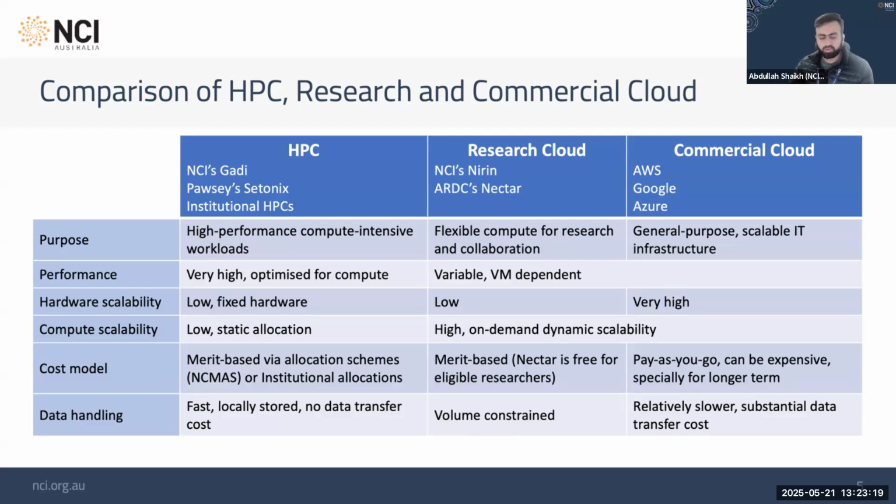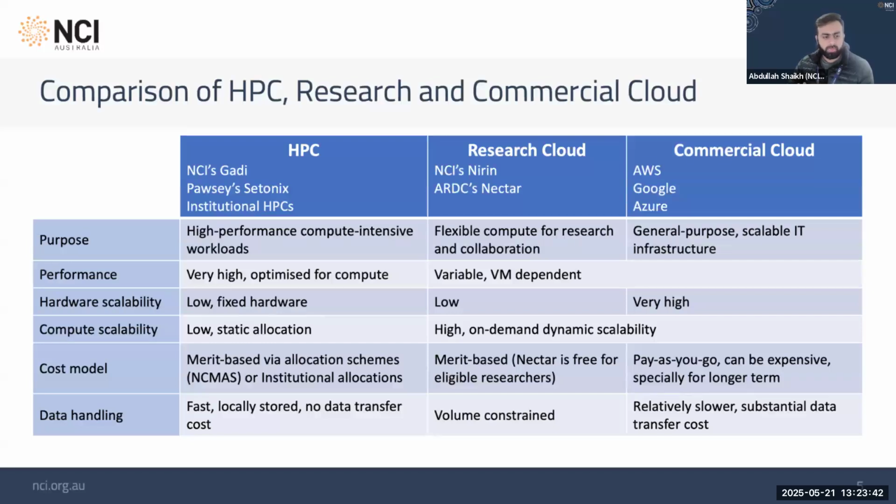You pay as you go, and then you can do heaps of things as per your requirements. In terms of performance, HPC has very high performance, optimized for compute. Performance can vary on cloud platforms based on the type of VM, the workload that you are choosing to run, and other factors.